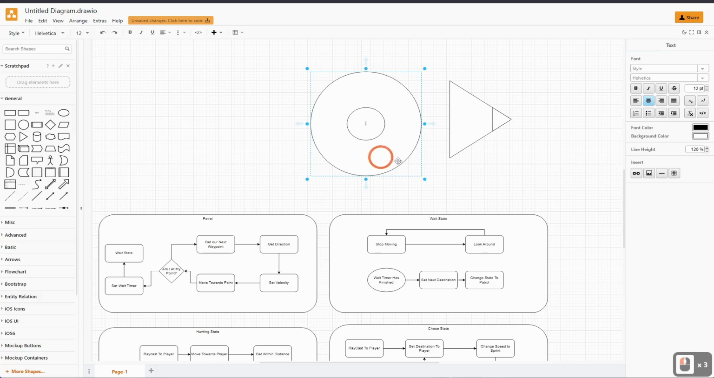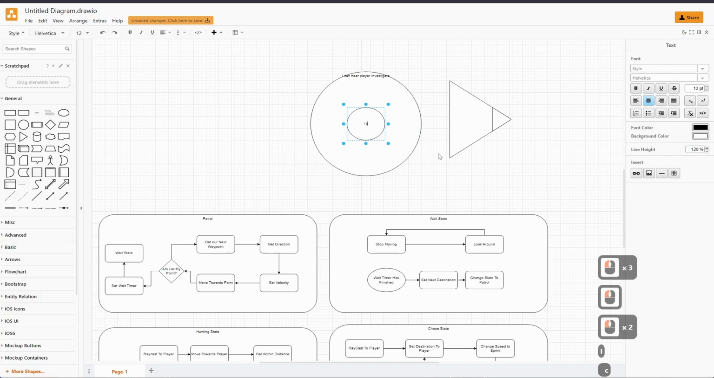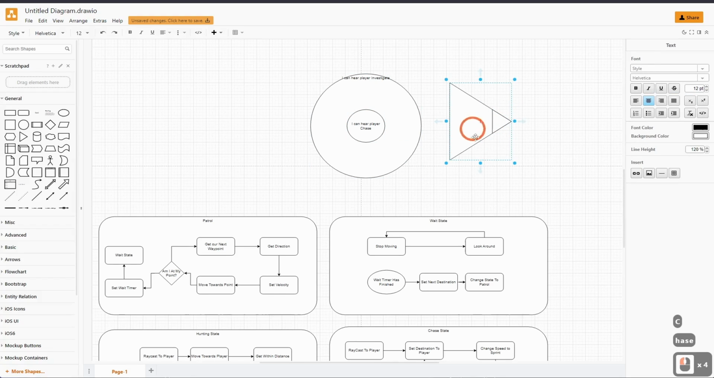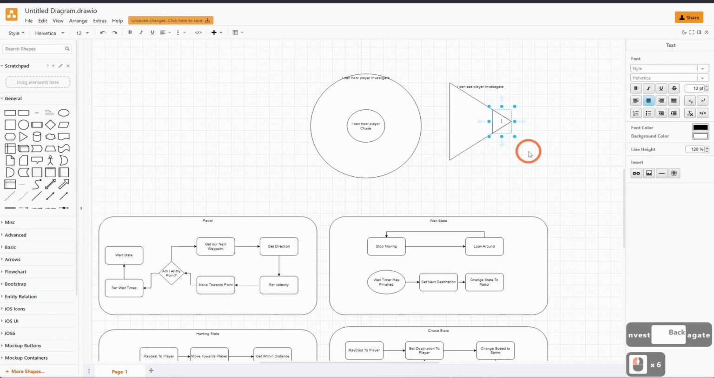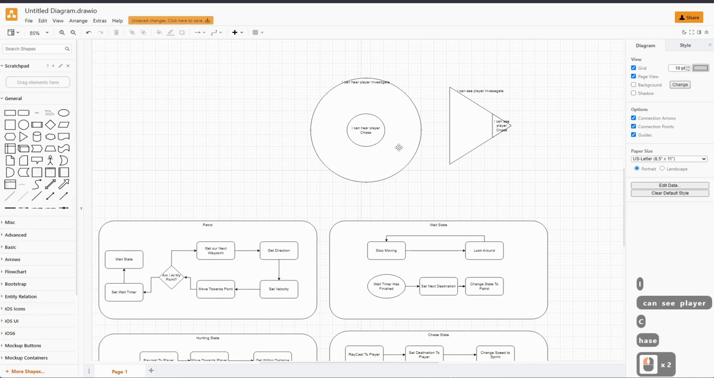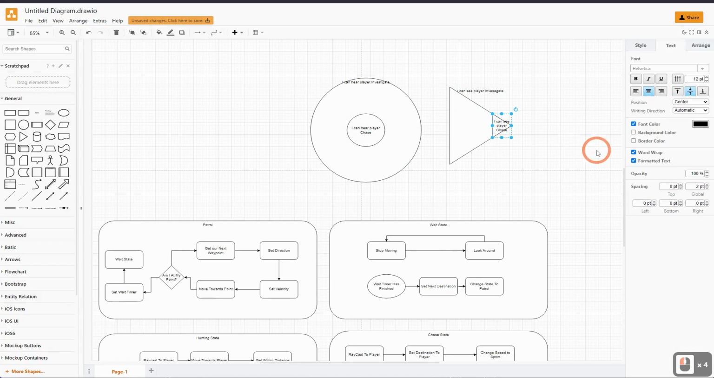And basically what this one will be is I can hear player investigate. I can hear player chase. And then same thing with here. I can see player investigate like that. And then I can see player chase. So basically what's going to happen is we will change our states based off of which cone happens to see